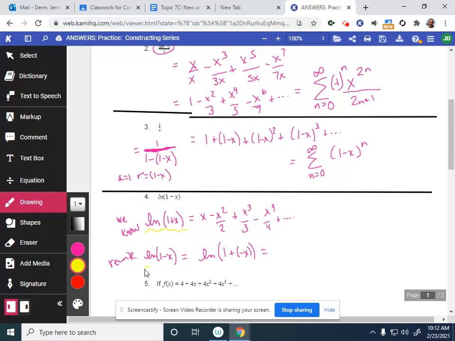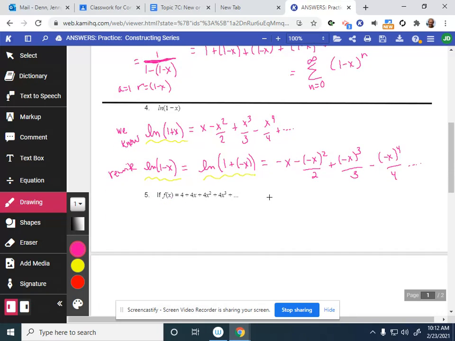So I'm going to rewrite the one I was given as the natural log of 1 plus negative x, and then I can just substitute negative x in for all of my x's. So this new series is going to be negative x minus negative x squared over 2 plus negative x to the third over 3 minus negative x to the fourth over 4, and so on,